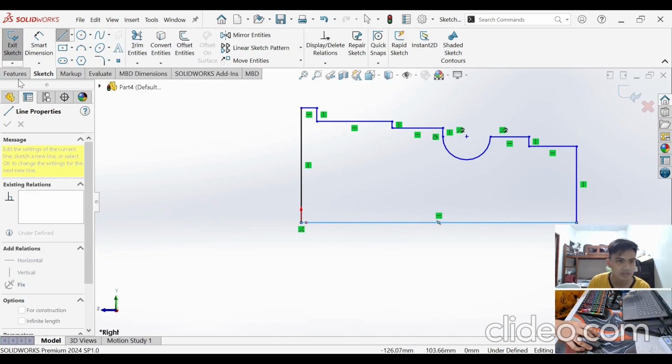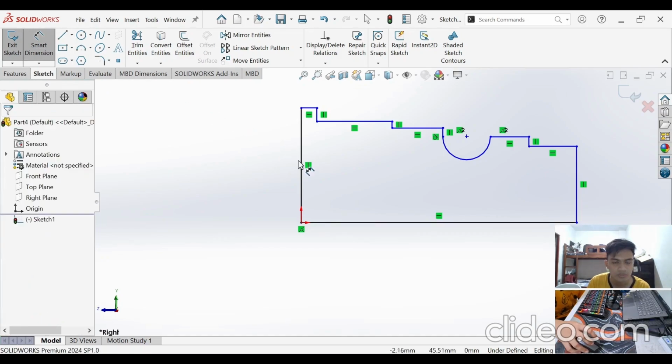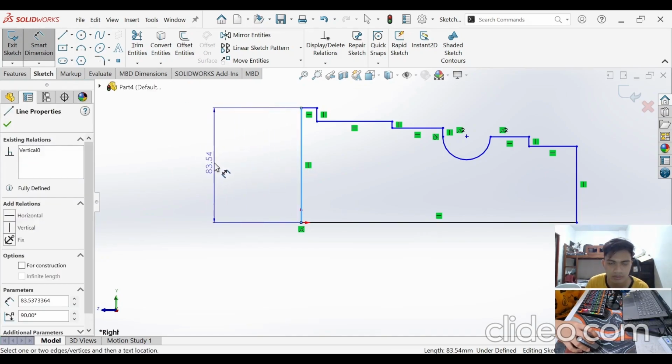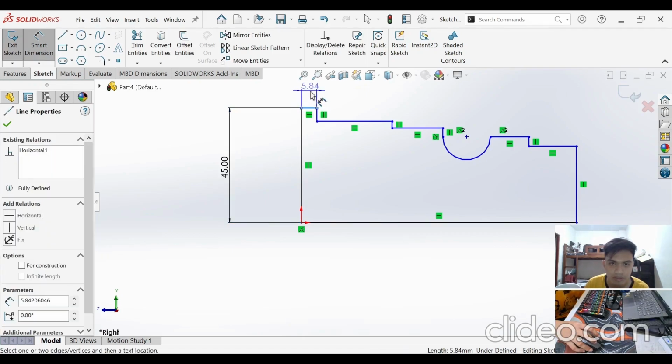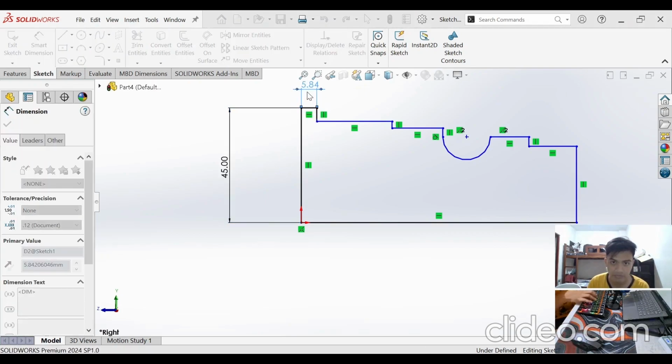So the next step would be to input the correct dimensions of our basic shape. This dimension should be 45 millimeters, while this one should be 5 millimeters only.